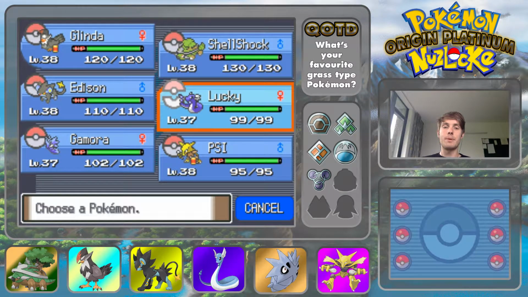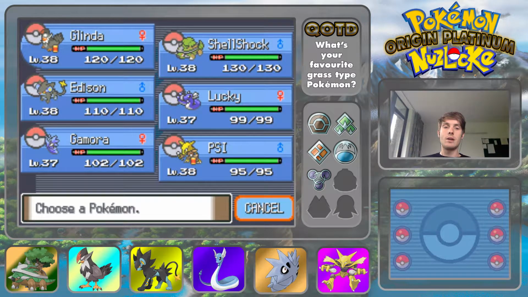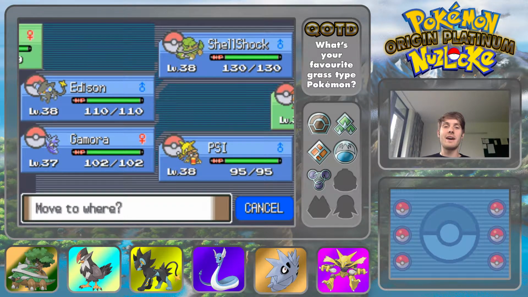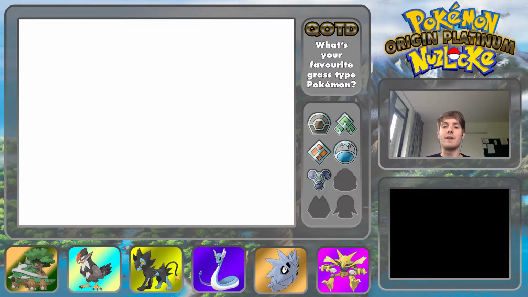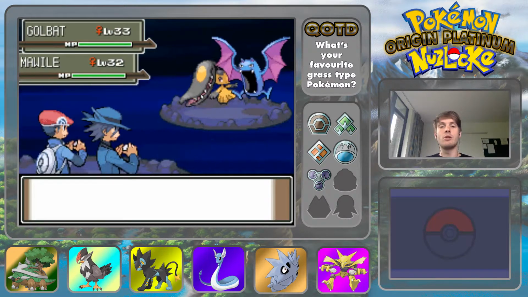I'm not going to keep Glinda out front, obviously. This controller, sometimes it doesn't take. Sometimes it's really not very sensitive. Sometimes it's overly sensitive. It gets rather annoying. Let's put Lucky out front for now. We do want to be training. We do want to train Gamora up as well, but